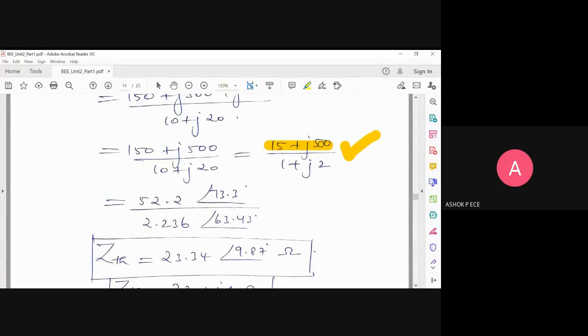In Casio, you will be having an operator called POL, pole. So if you use that pole, you'll get the answer in 1 second. But I am not sure how many of you are having scientific calculators at that moment.